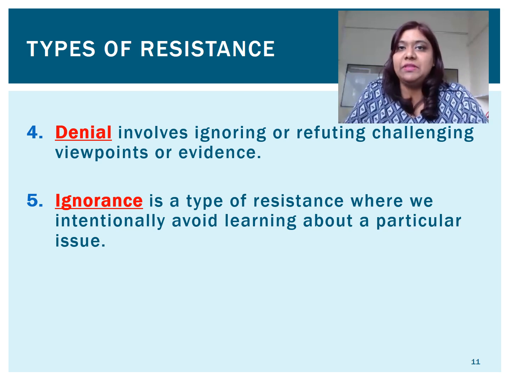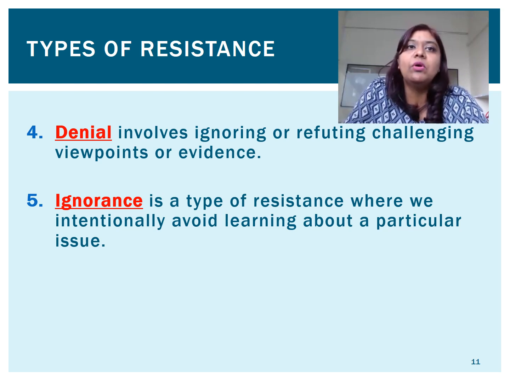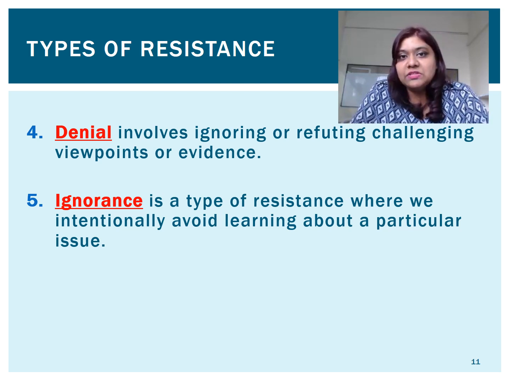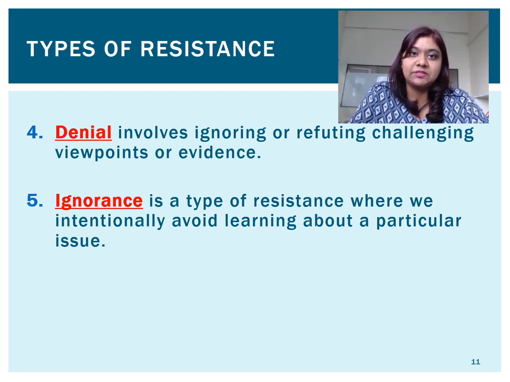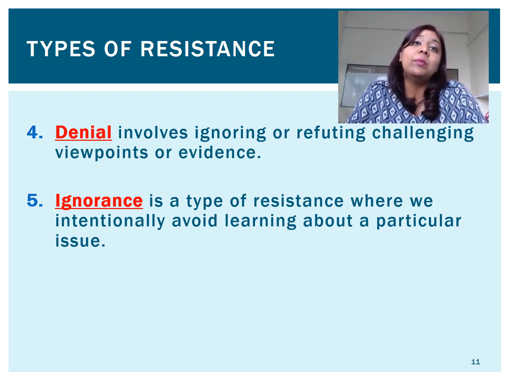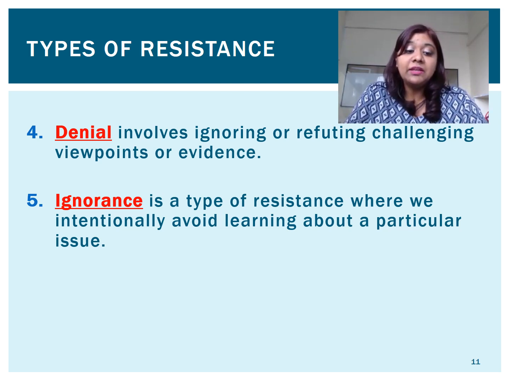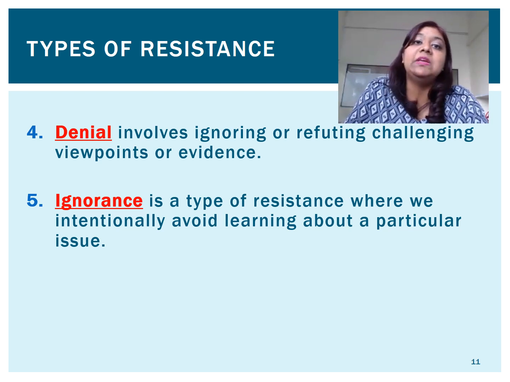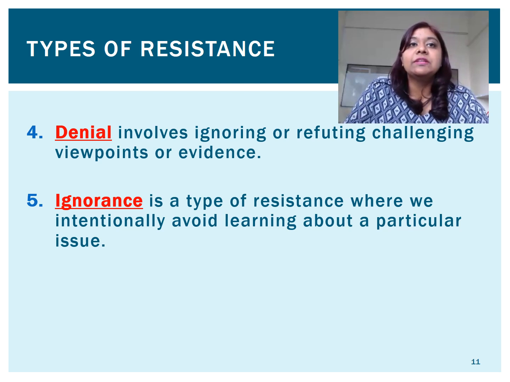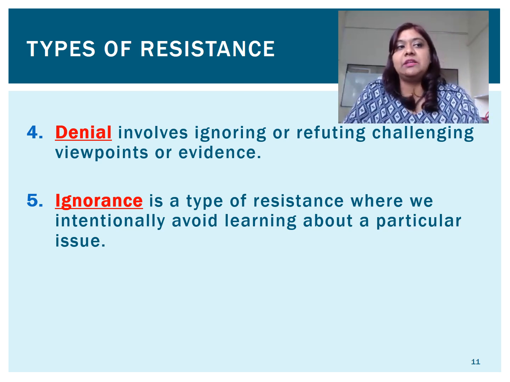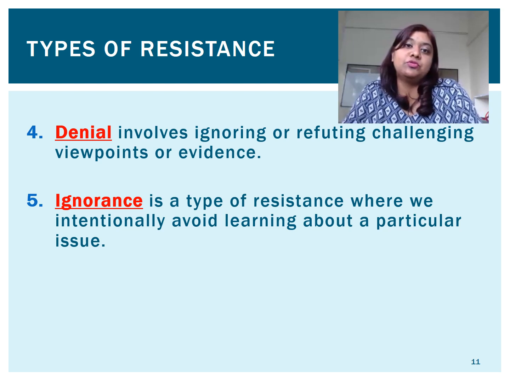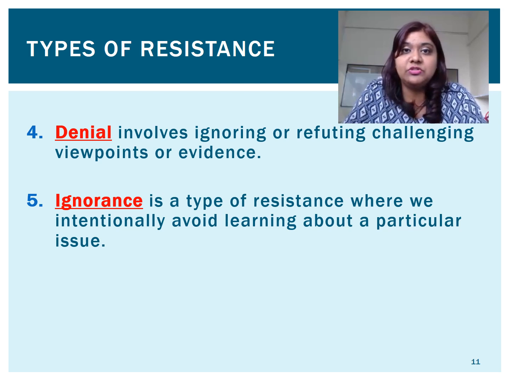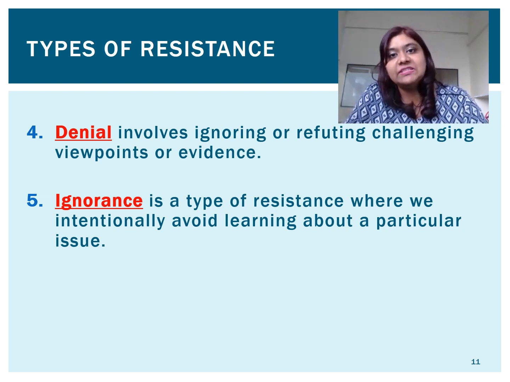So instead of admitting your mistake, or instead of learning more about what to do to prevent this, you say, well, I didn't know this. It's not my fault that their culture is like this. So by saying that, you are being ignorant. So indirectly, this prevents you from thinking critically and coming up with a proper way of dealing with that different culture. Instead of blaming it on them by saying, how am I supposed to know your culture is like that? It's not my fault. So by avoiding learning about the situation, again, you are resisting thinking clearly.